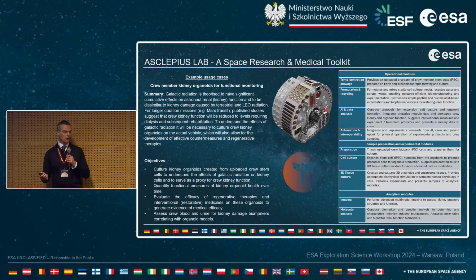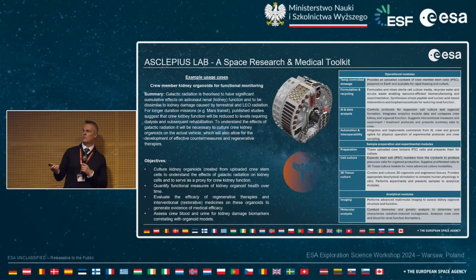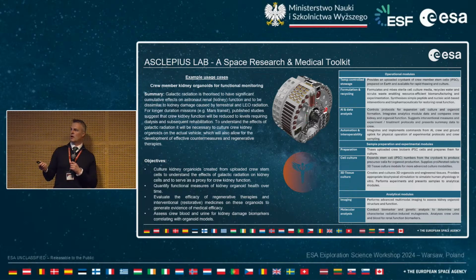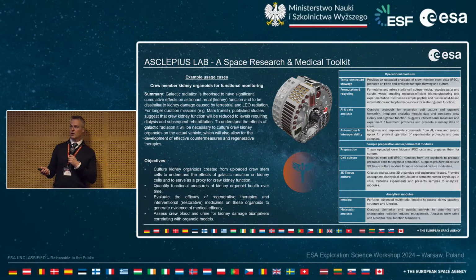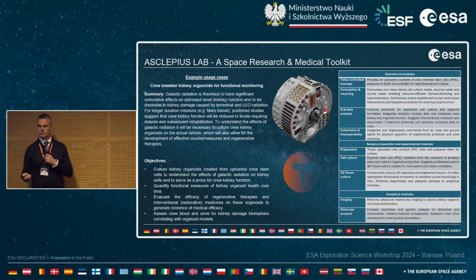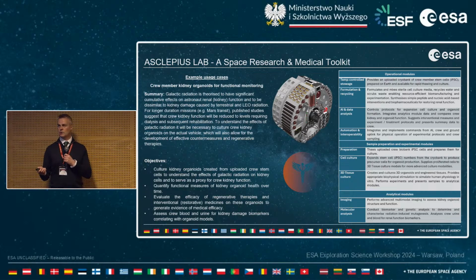So we have this and another use case just to briefly discuss. Again, a lot of text, which you don't necessarily have to read, but one of the example use cases was to understand the change in function of particular organoids. There have been some really great talks over the last couple of days on the unknown but predicted effects of galactic radiation as we go beyond low Earth orbit. We're going to experience this a lot more, or at least the crew are. And so understanding particularly how critical organ systems are impacted by increasing mission durations and exposure to things like galactic radiation